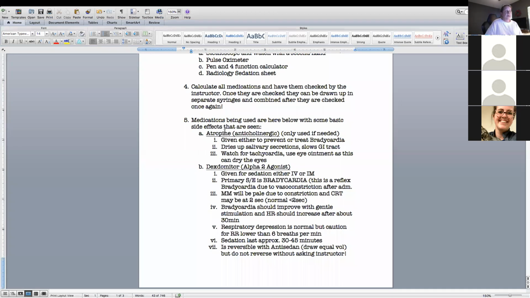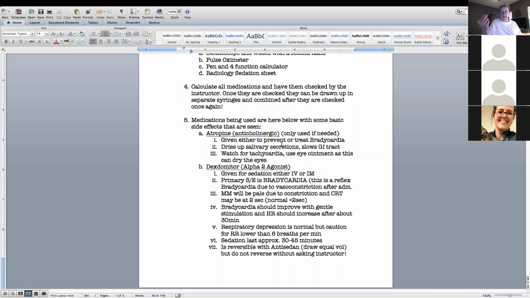So atropine is going to be calculated for every patient, and this is an anticholinergic. It is not automatically given to each patient. The reason we use atropine is either to prevent or treat bradycardia, which is the primary reason. The other reason is it dries up salivary secretions. So if they have a lot of saliva, but one of the other side effects is this does slow down